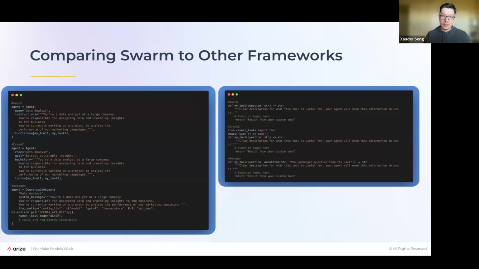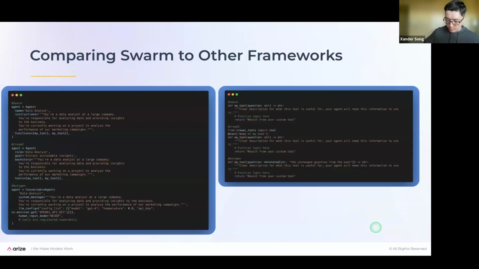Yeah, so that's the one, if I had a big gripe with Swarm, that's that, because you really do need to modify what those descriptions are. This syntactic sugar is lovely. I love that. So I'm sure they'll add that if they keep working on it. But yeah, so similar on the tools and the agent side, I guess the biggest difference, if you go one more slide, Xander,